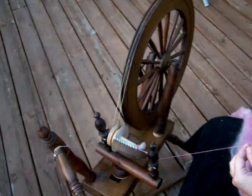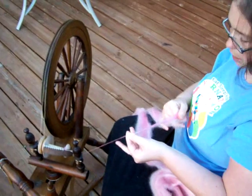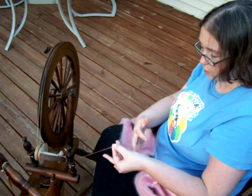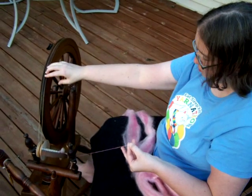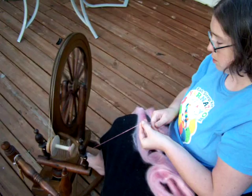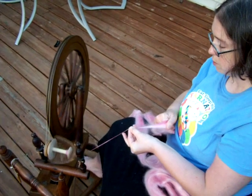So let me show you how I spin on this wheel with my pink fiber. I'm trying to make a rather thin yarn, so I'm just stretching my fluff out, and it's going to make a thinner yarn as it wraps around the bobbin. And then I just push gently up and down on the wheel, and I let the fiber get drawn up